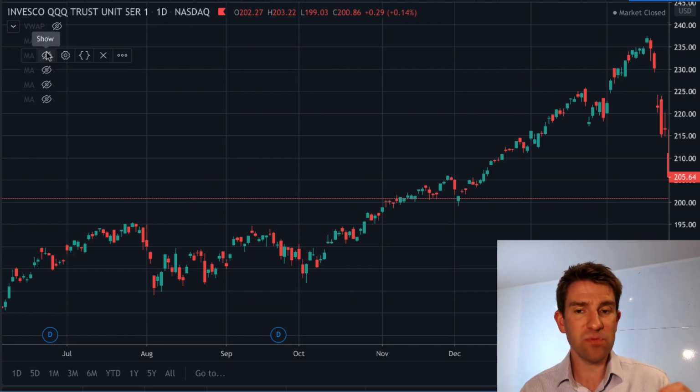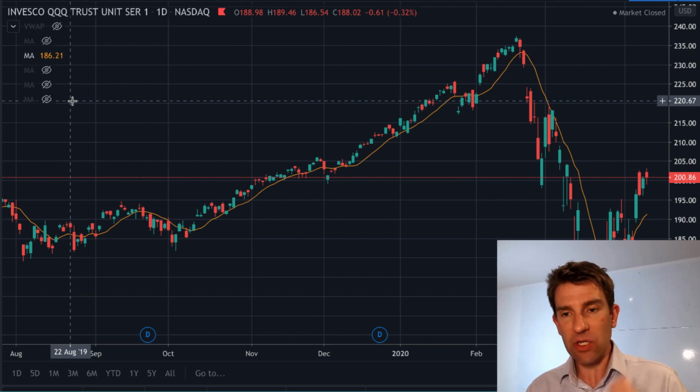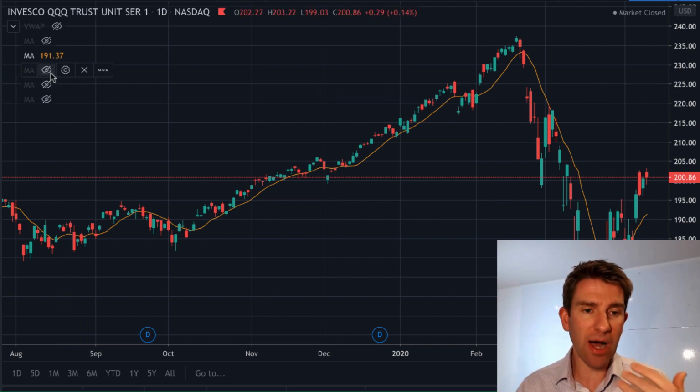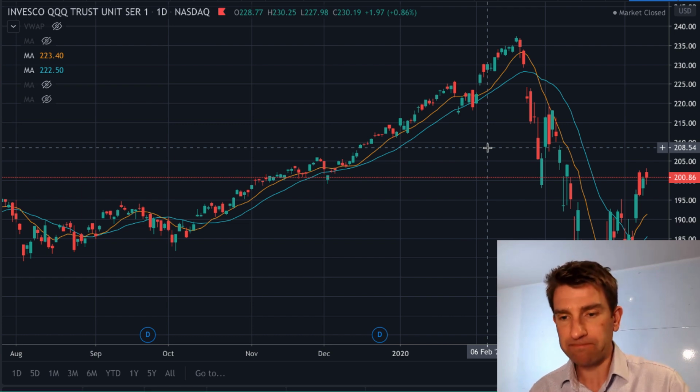Okay, so 5. Let's move to the 10. So the 10 is a bit of a funny one. I don't really particularly use the 10 so much. Obviously, it's just taking a little bit of a step back. It contains price a bit more. I prefer the 20, but if we look at them both the same, because they're both pretty similar,